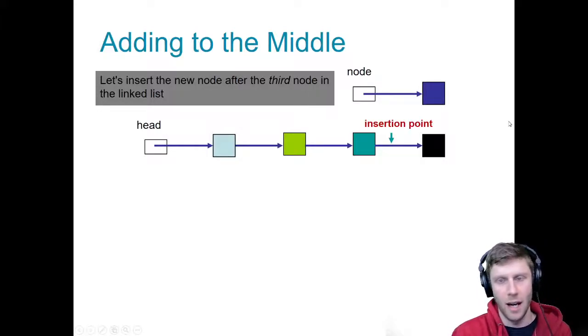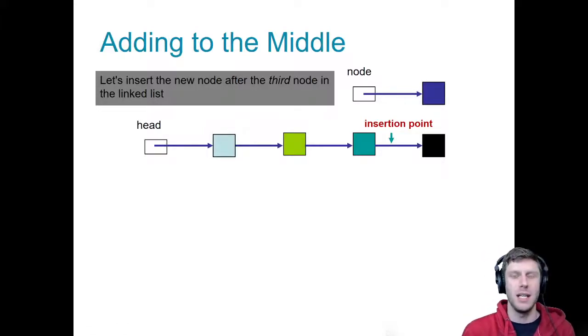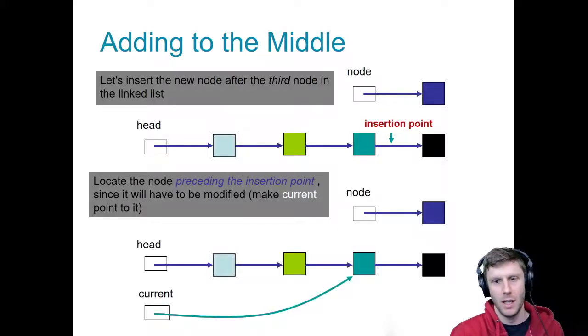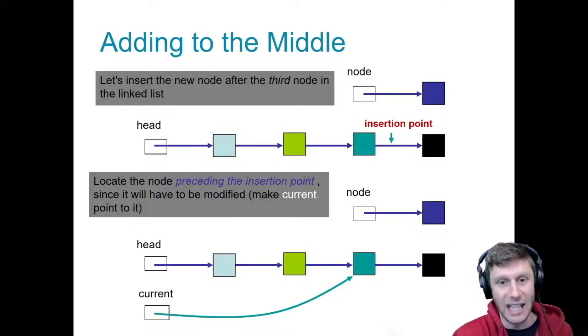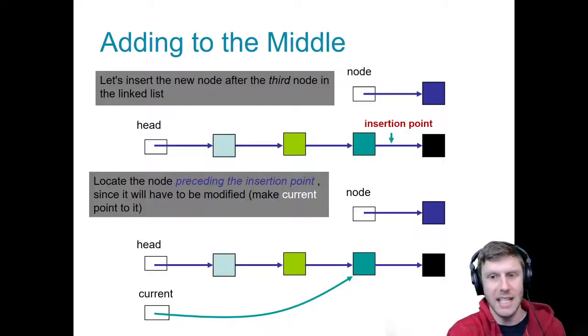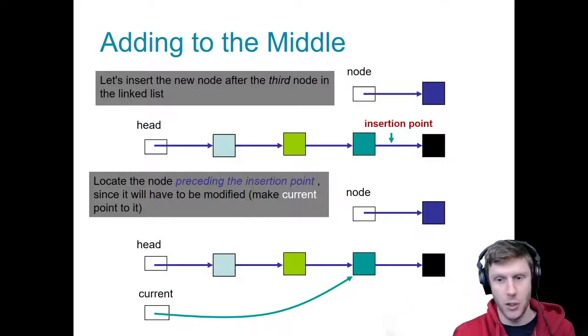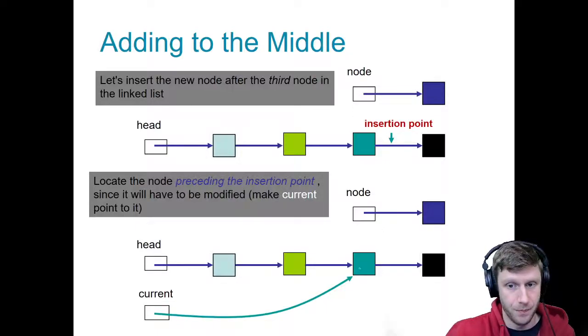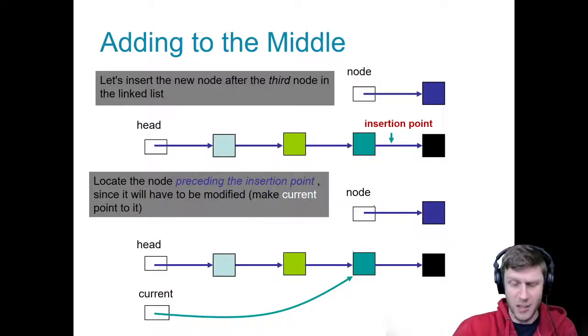Insert there, okay. How am I gonna do this? Well, take a second and think about it, because it's actually not gonna be too bad. First, we're going to need to find the node that is to come before the blue one, the one we want to insert. So we need to get a pointer to, in this case, the cyan one. And then once we have that,